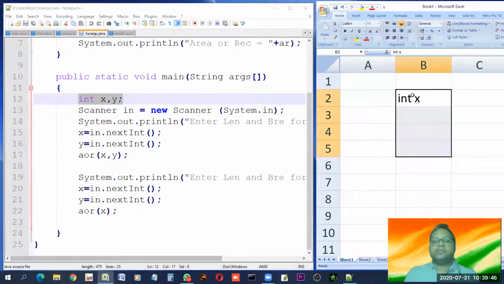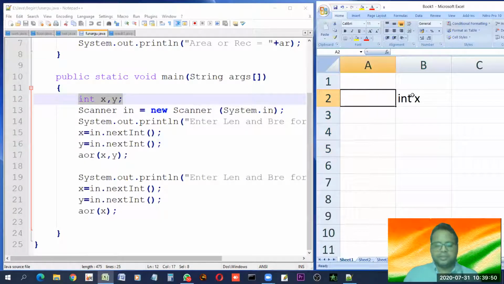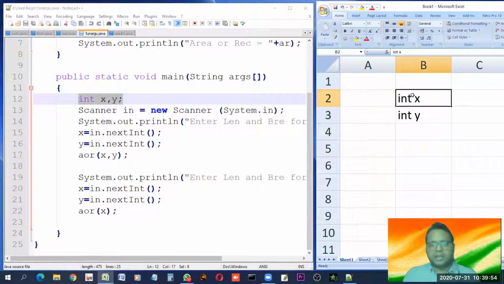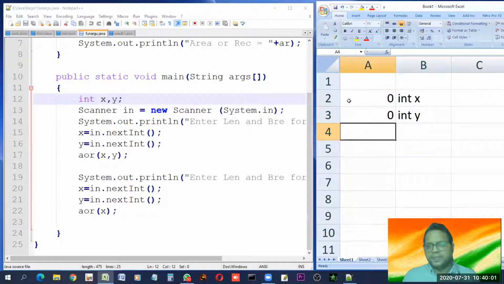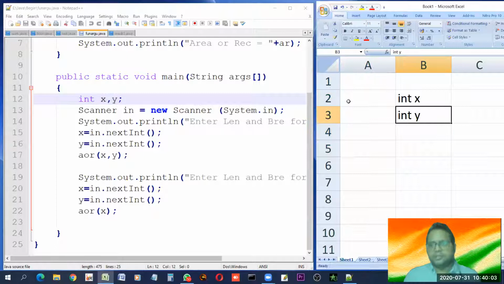But for simplicity, let us assume that it takes just one cell. And another variable is int y. Two int variables are created. If you create a variable, its default value is 0 in Java. You don't need to put that value. Just two variables are created.